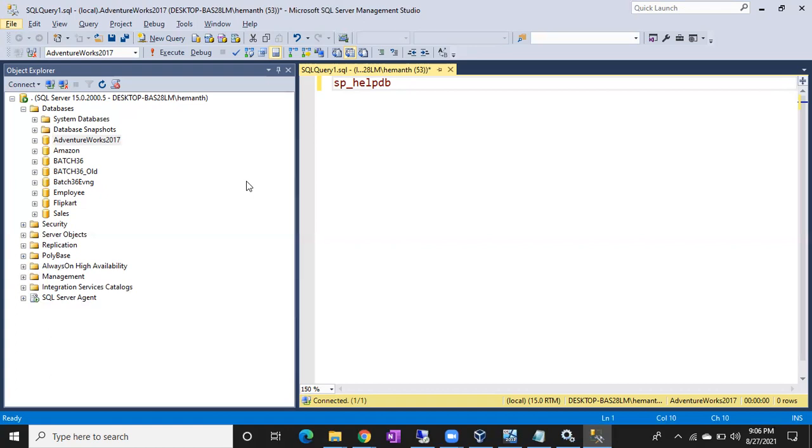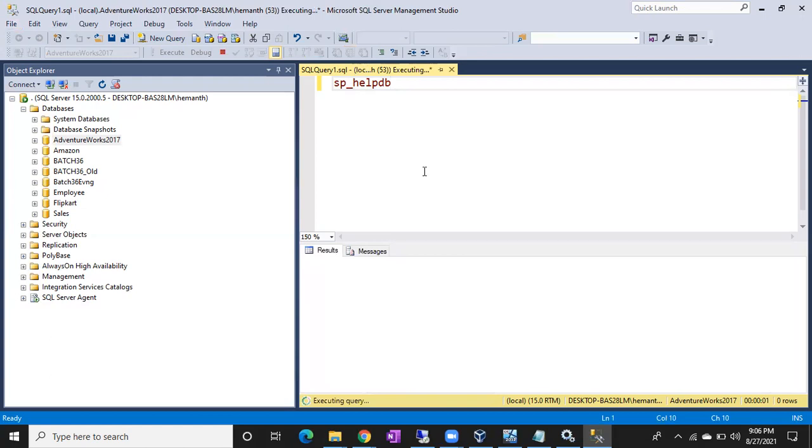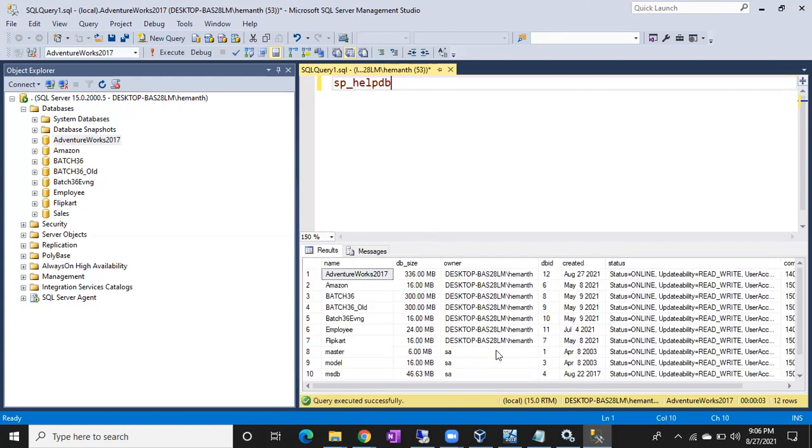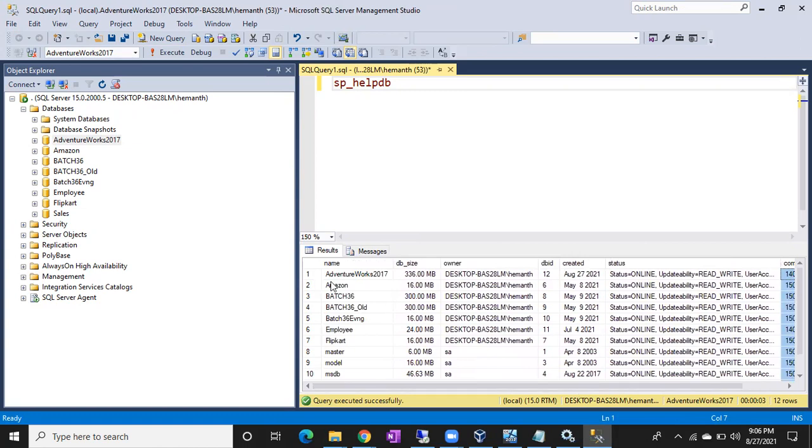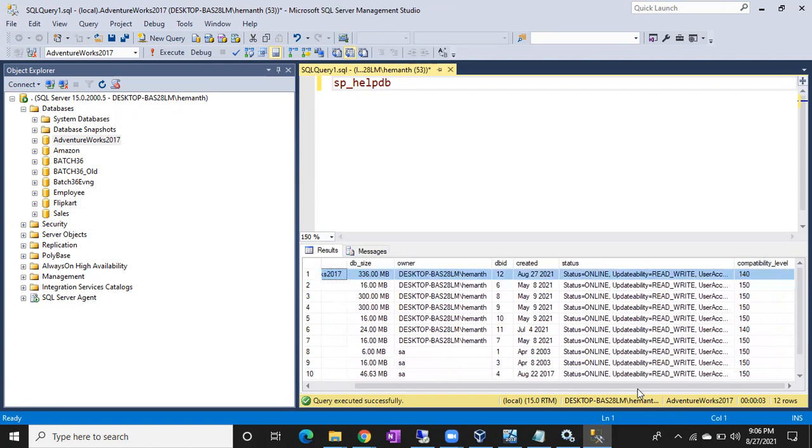For 2017, 140. Okay, so if you run sp_helpdb, you can see the compatibility level under the last column. So now I just restored the database, AdventureWorks, from 2017, so it is showing 140. Now what is the next immediate step you have to do after restoration is completed?